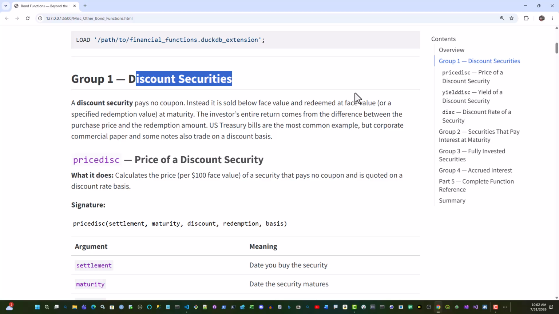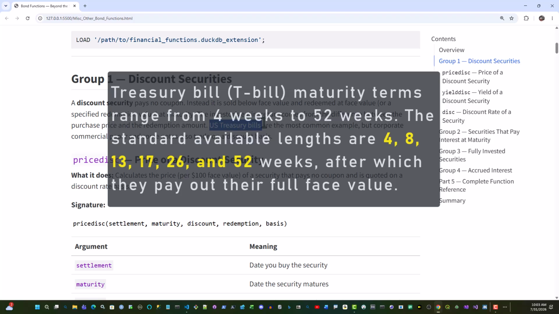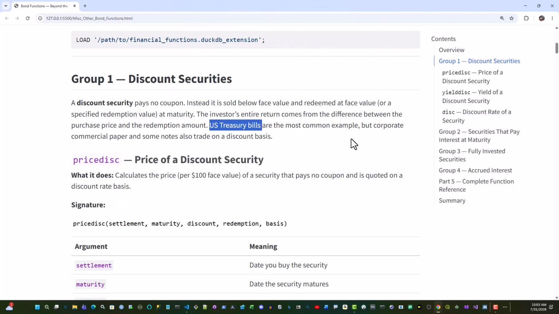Now, this is something that is very useful because it deals with US Treasury bills. There's a lot of people investing in stuff like this, and you typically have less than a year maturity. So you can get like 30 days, 60 days, 90 days, etc. You can invest in these Treasury bills, but what they really are is discounted securities, meaning they discount it up front, and then you get paid a certain face value at the end when they mature,